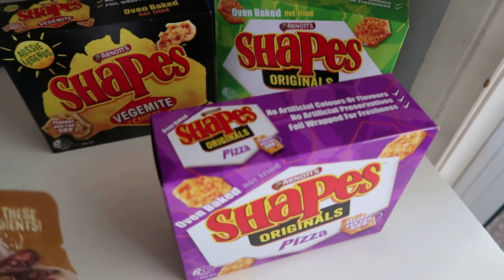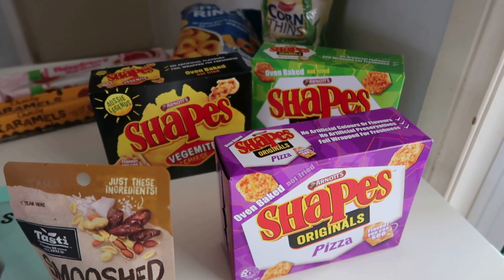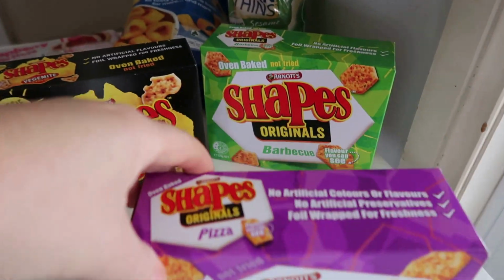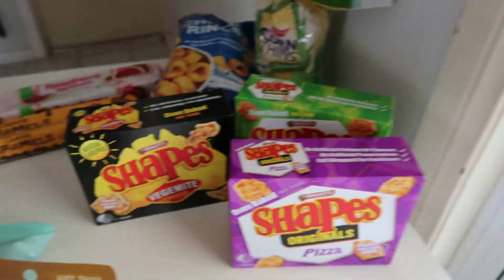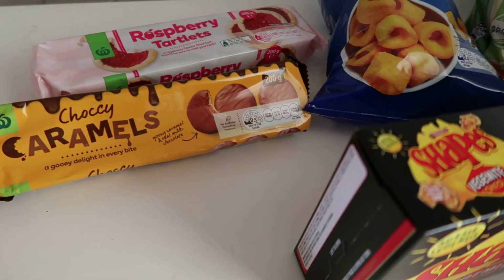And I've got 3 boxes of shapes because they had a good special on them. And I've just got pizza, Vegemite, because Vegemite's a favourite in our house. Probably the kids like it more than the adults. But yes, so I also got barbecue as well. So, you know, they were pretty good price. So just got 3 boxes of them, and I know my youngest will be into every box,